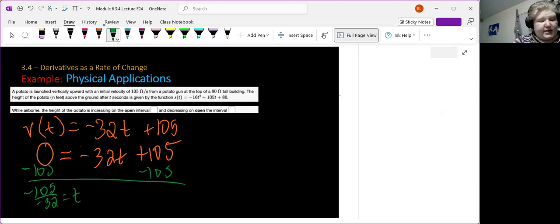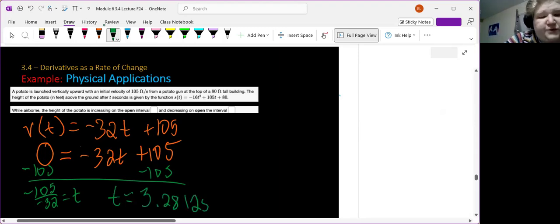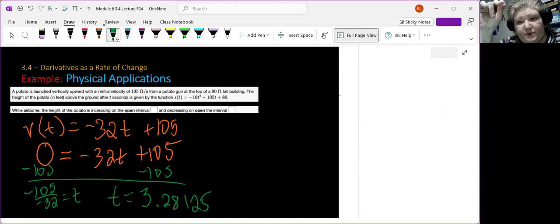105 divided by 32. So this is 3.28125. So that is how long it takes for the potato to go up before it starts coming down. So the potato is increasing. The position height is increasing from